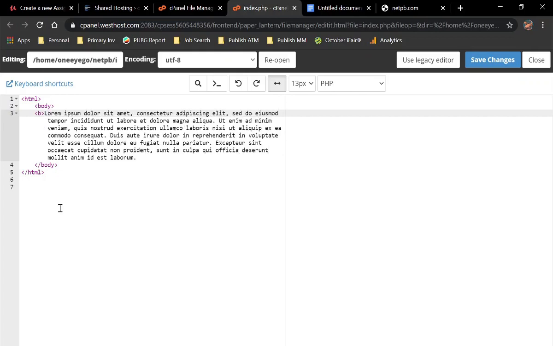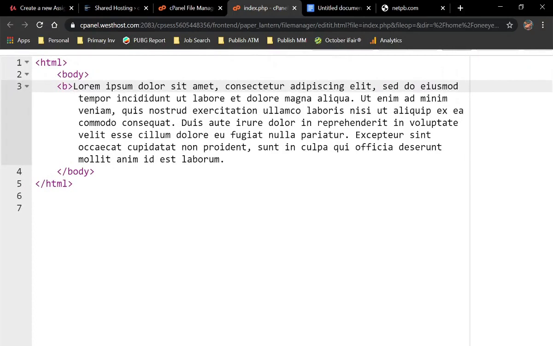I'm going to go ahead and zoom in a little bit so it's a little easier to see. The first bold tag is right before the lorem ipsum, and right after the lorem ipsum, because I want it to be nested, is going to be the end tag for bold. Now, as you can see, every beginning tag has an ending tag, and the way that you distinguish them is